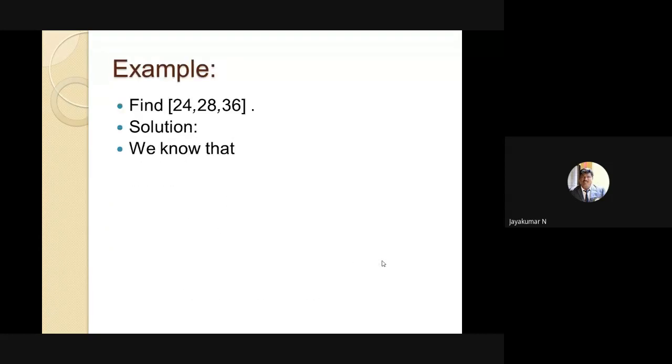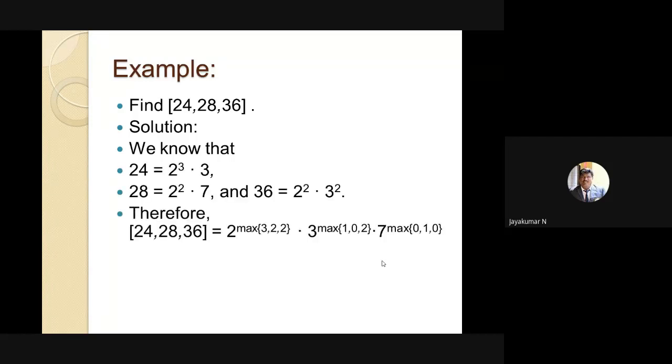After that we see LCM of three numbers. That means in a similar way we can do it. Find the canonical decomposition of those three numbers, then choose the maximum power. That is nothing but your LCM. This is one way. This is another way. Suppose you want to find LCM of n numbers, then first you have to find the LCM of n minus 1 numbers. After that, find the LCM of those n minus 1 numbers with the nth number.